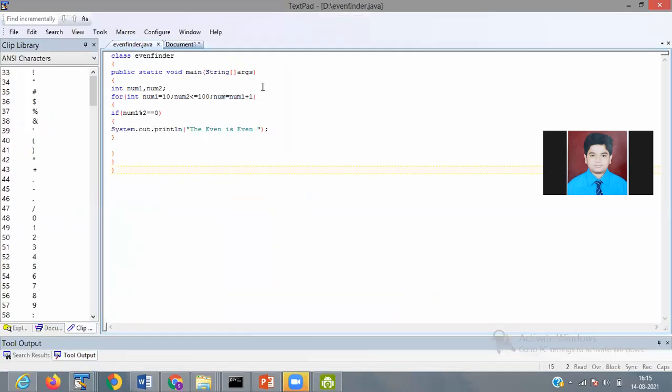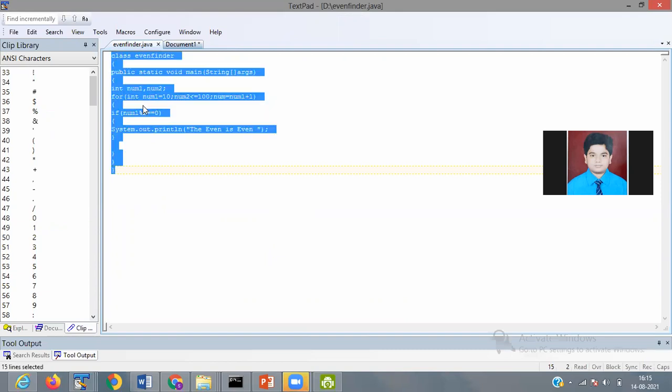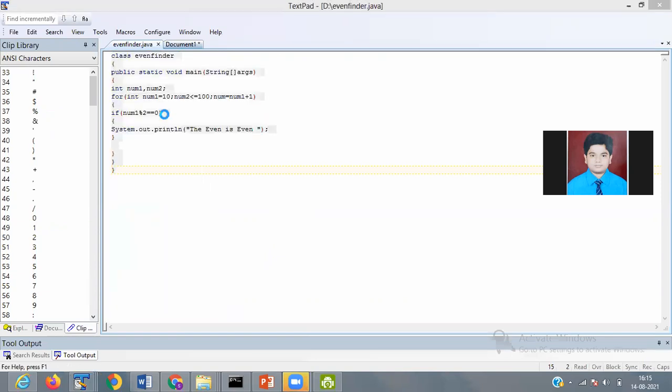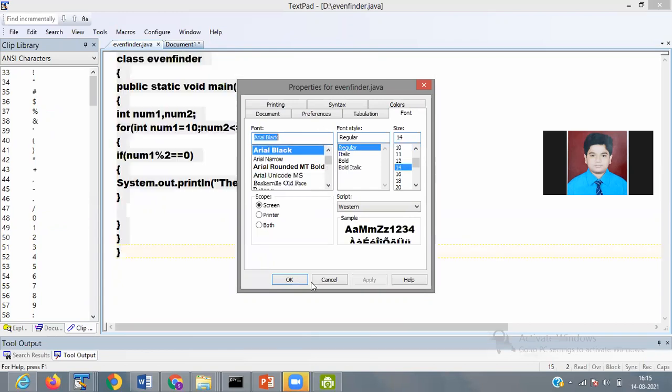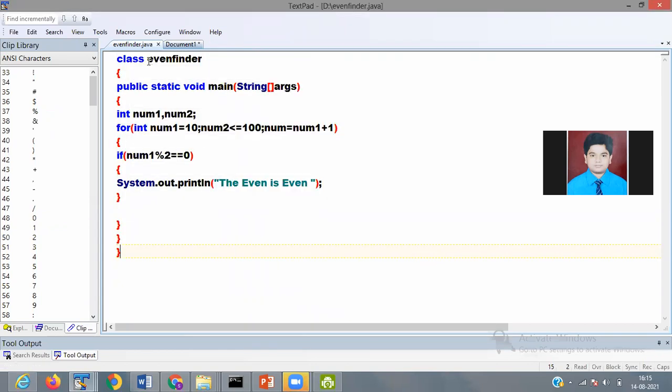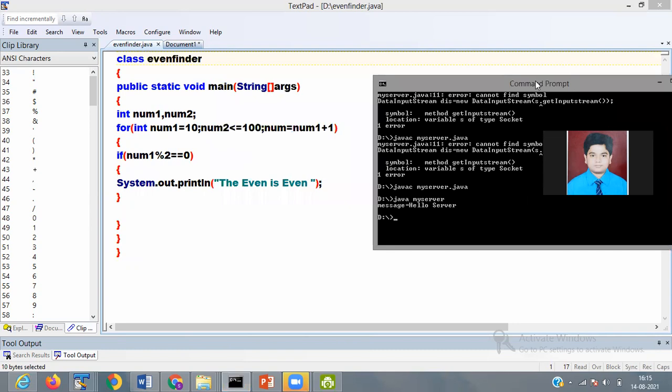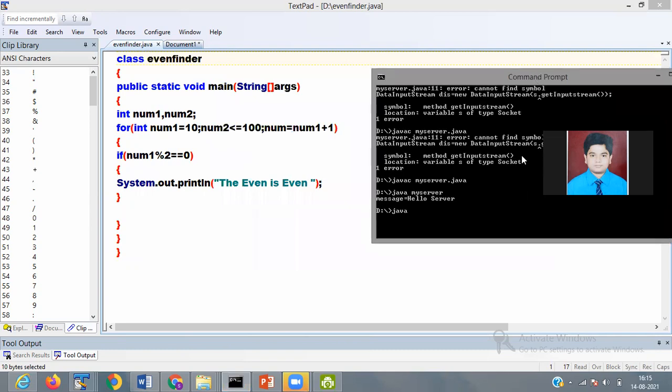The file is saved in the D drive. When I run the file, javac filename.java.